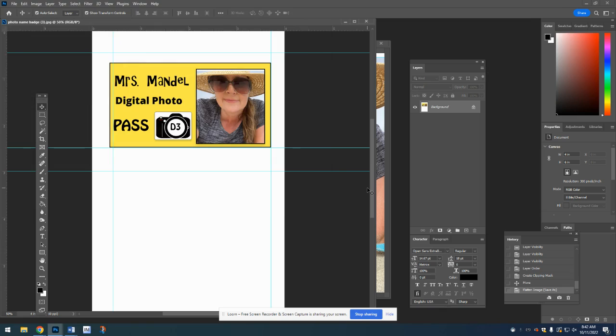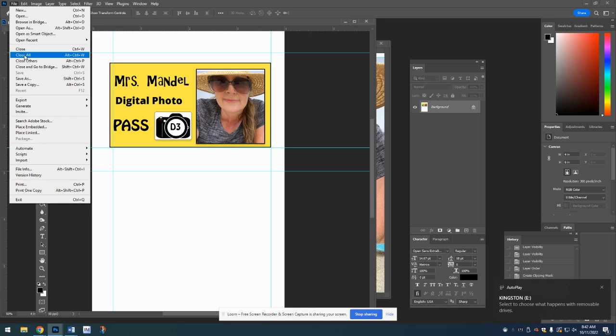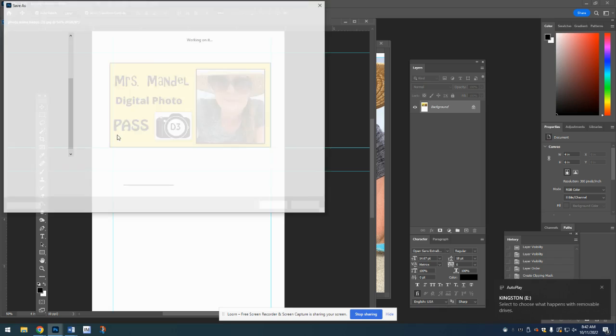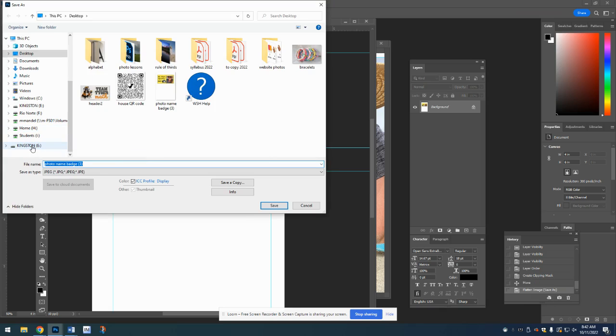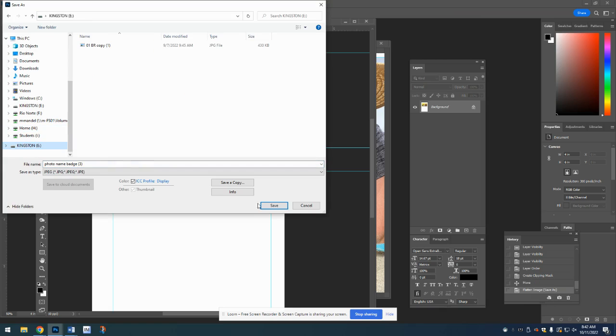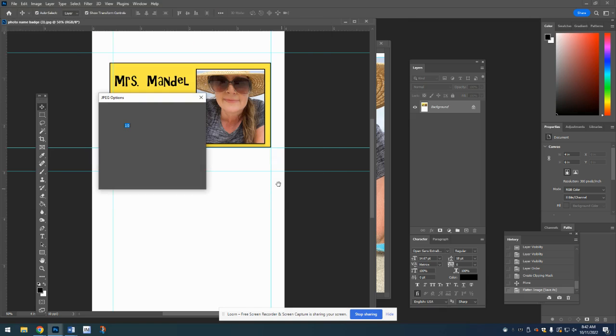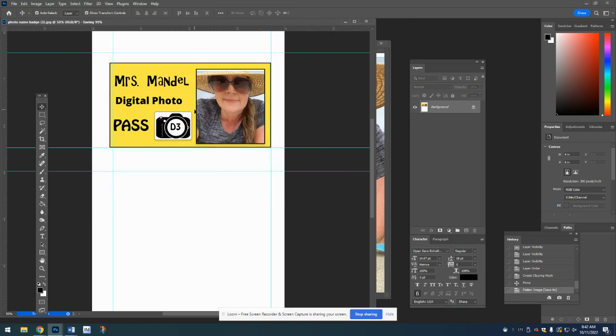Your flash drive will either say Kingston or it'll say something like USB. So let's try this again. If I'm going to save it to my flash drive, now I see it right here. It's Kingston. If I save it on there, now I can take the flash drive out of the computer and use it to print my PhotoPass. Then I'll cut it out and put it in the lanyard, and then you'll be all set to take pictures on campus using your